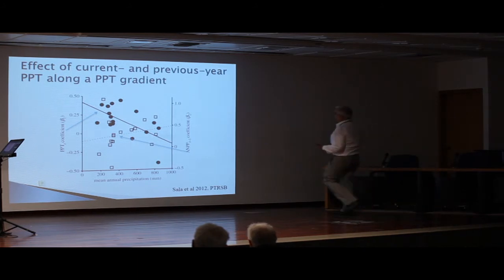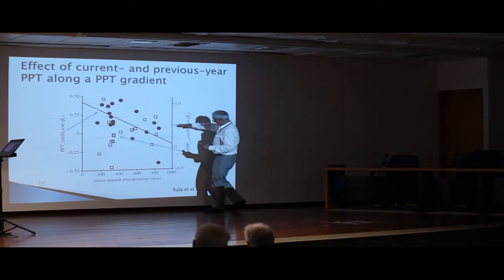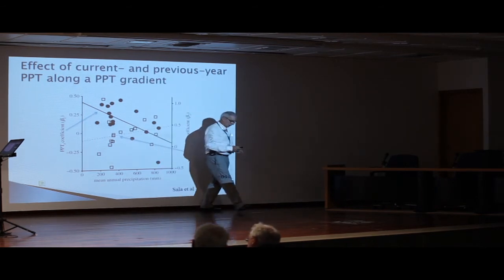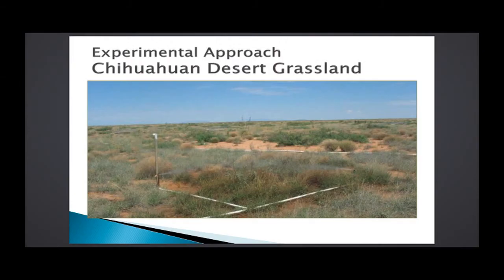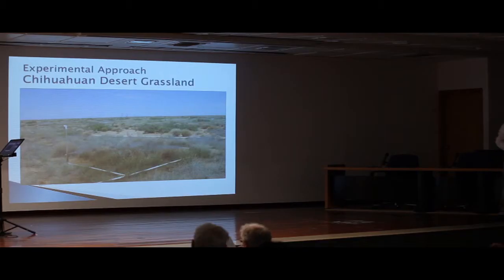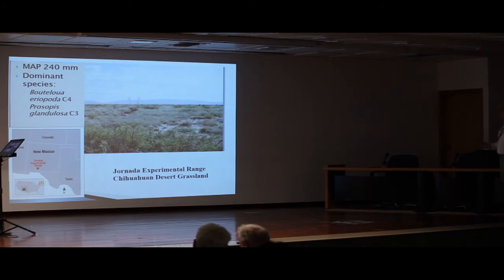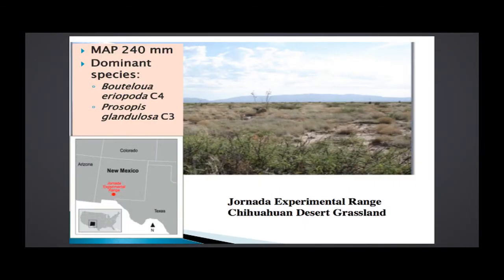We didn't find a significant relationship with it. In all cases, the previous year was important, but it didn't change with mean annual precipitation. So this is our approach using somebody else's data. Then we did some experiments in a desert grassland that looks like this, and in a place that ranges around